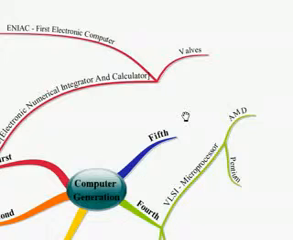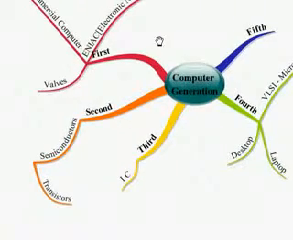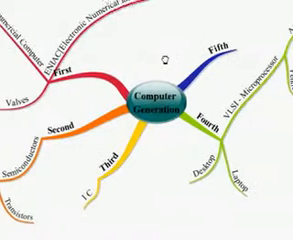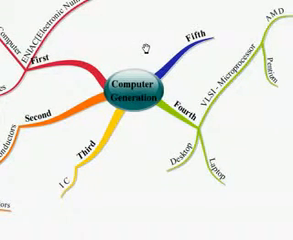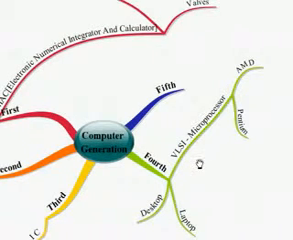These are all the five different generations of the computers. First generation, the computers with valves. Second generation, the computers with semiconductor transistors. Third generation with ICs, integrated circuits. Fourth generation with large scale integrated microprocessors. The one which we are using nowadays is the fourth generation of computers. The fifth generation computers use artificial